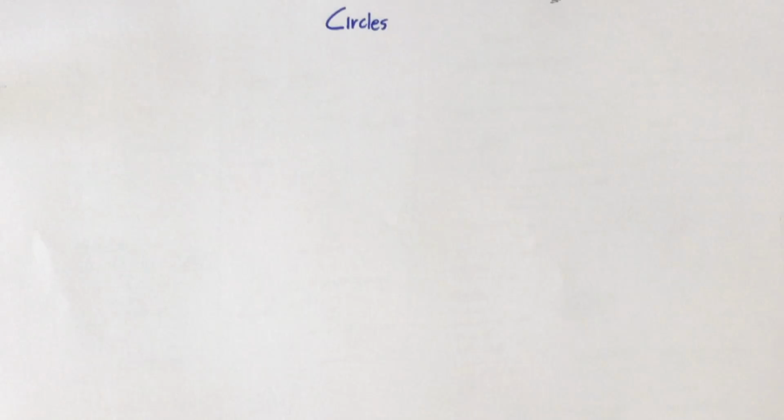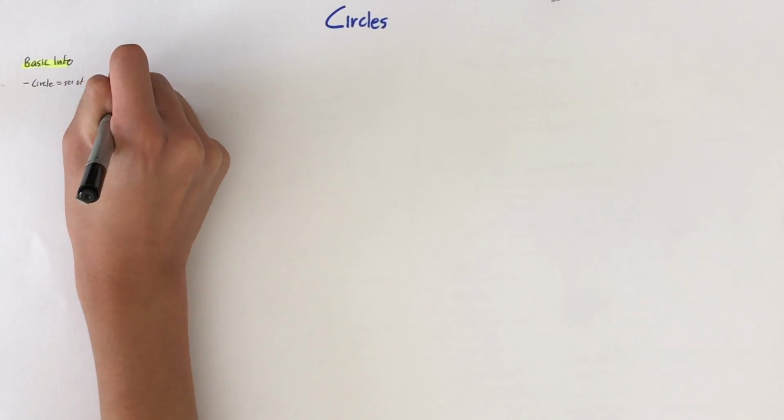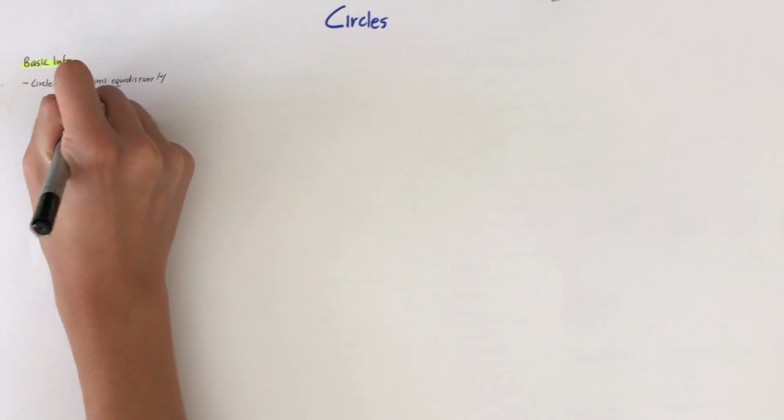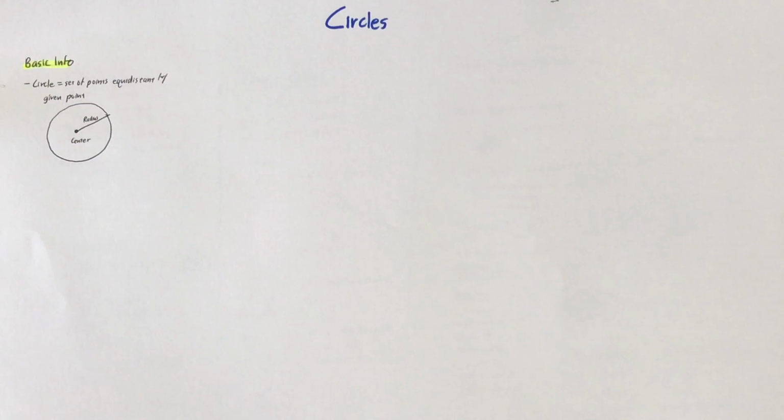Alright, so the next concept is circles. So some basic information about circles. A circle is defined as a set of points that is equidistant from a given point. That given point is called the center, and I'll draw one right here. The radius is the distance from the center to each of the points on the circle, and the whole thing